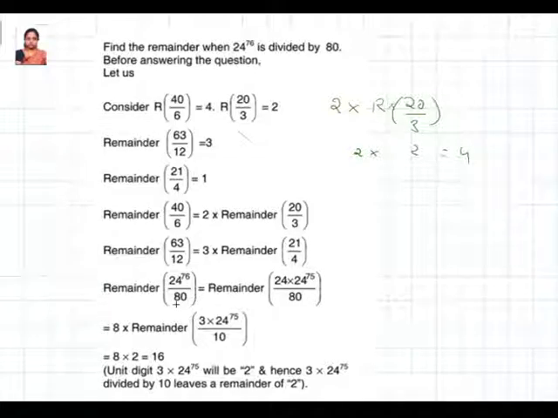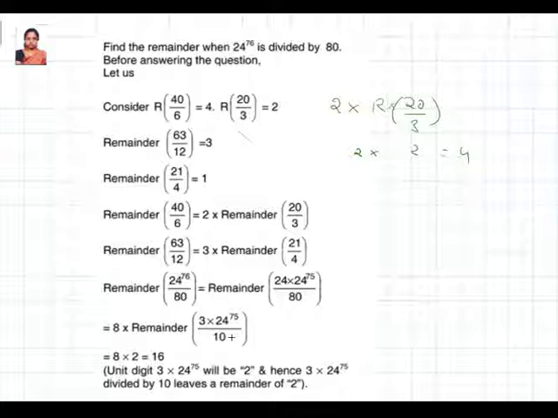The remainder of 24 to the power 76 divided by 80. Then what you can do is, you know that 80 and 24 have a common factor, 8. In order to take that, I cannot take it for the entire power. I have to remove one of them. So one of them is removed. The remaining, you have 75 as a power here. This 24 is removed. And now 24 by 80, you can take out 8 from this. In that case, 8 becomes a common term. And here you will get 3 and this will be 10. So now you have to find the remainder for this.